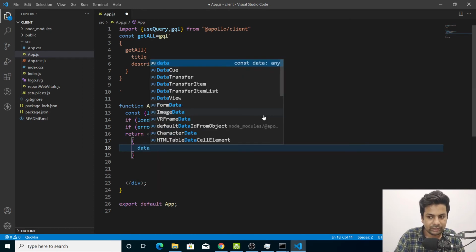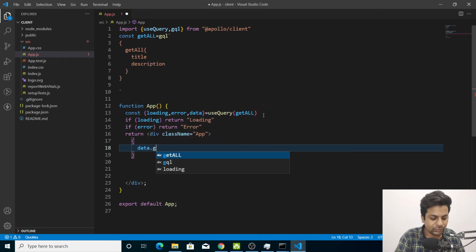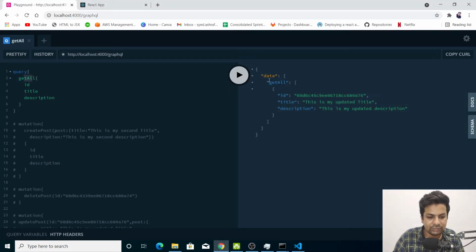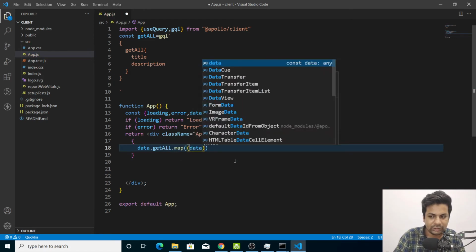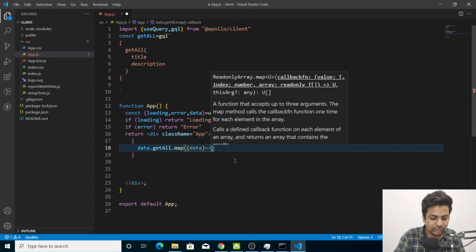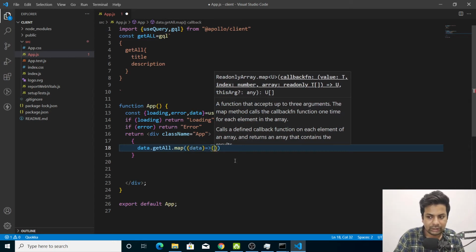In data we'll have getAll, like see, inside data we get getAll. So we have to do data.getAll, we'll map it, and here we'll receive each item as data, and make it a key value pair.